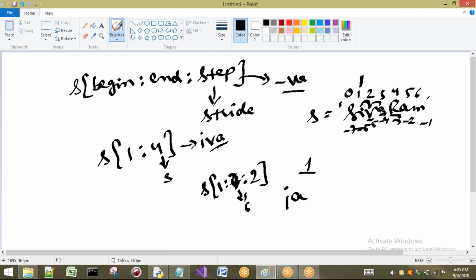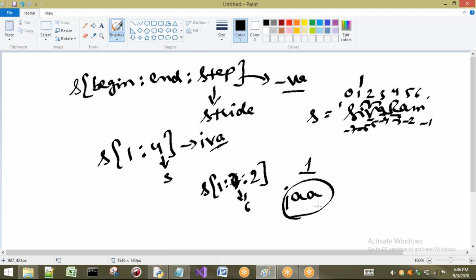Next R, here there is no step, so R will not be considered and again A will be considered. Is there any other thing to consider after M? Nothing. So the output will be IAA. So this is about step. This step is also called stride. S-T-R-I-D-E.